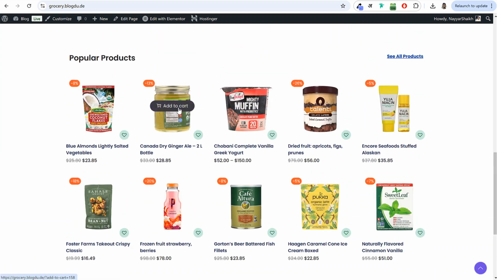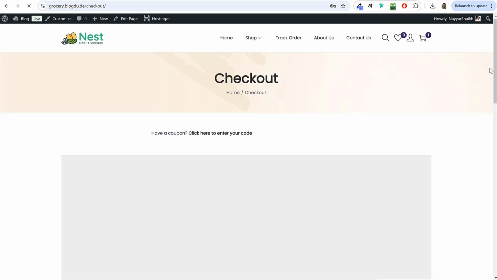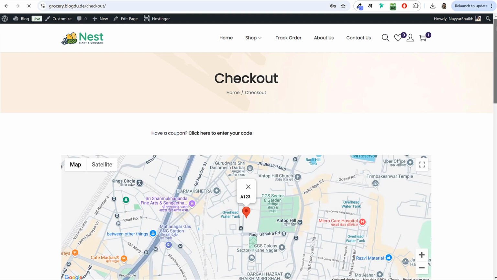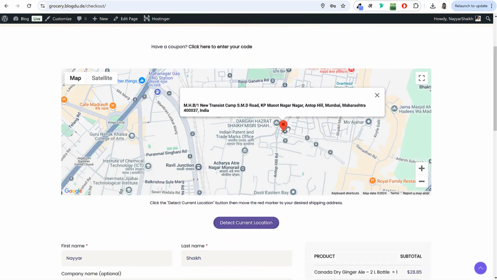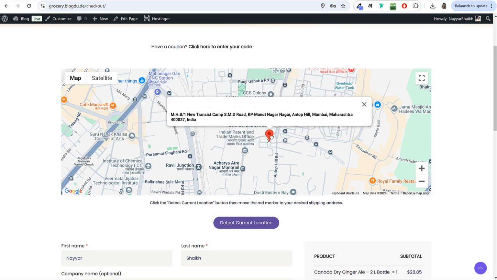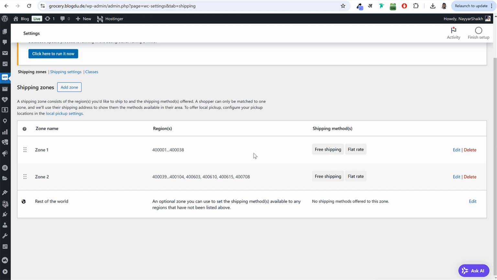This website will have a very important feature of customer geolocation, which means that our website will automatically get the exact location of the customer, and if the customer wants, they can even pinpoint the exact building or house. We can also limit areas and pin codes to deliver. So we can give this website a certain number of pin codes and only delivery on those pin codes will be